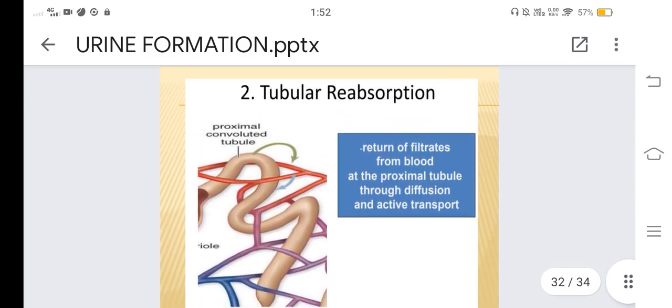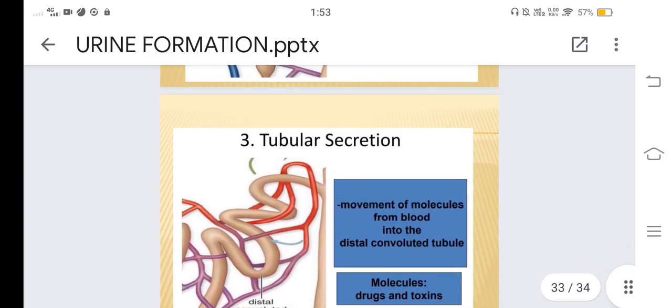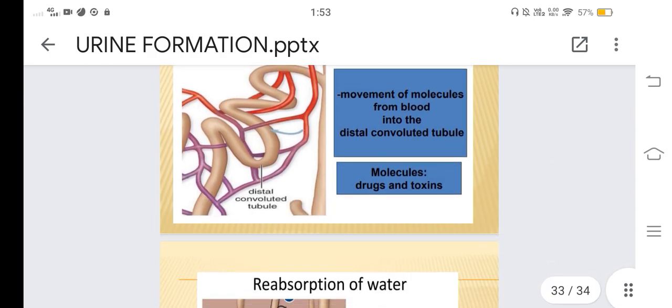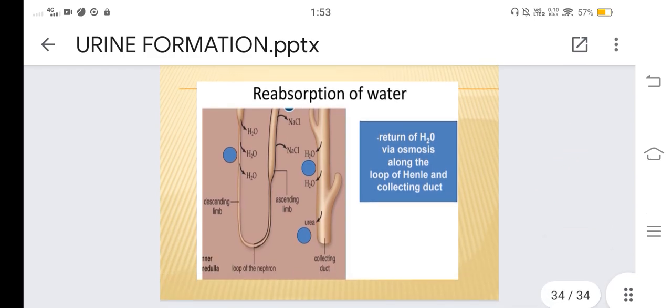Tubular reabsorption, return of filtrates to blood at the proximal tubule through diffusion and active transport. Proximal convoluted tubule is involved in that. Then tubular secretion, movement of molecules from blood into the distal convoluted tubule. Molecules, drugs and toxins, distal convoluted tubule. Then reabsorption of water, return of H2O via osmosis along the loop of Henle and